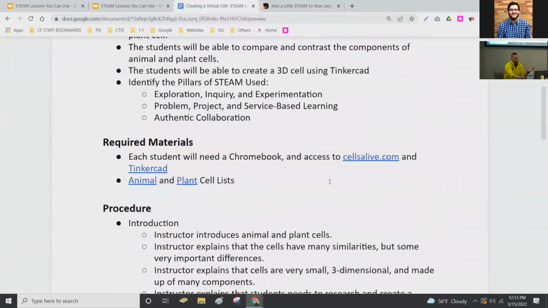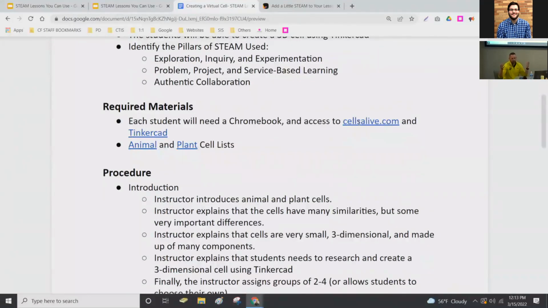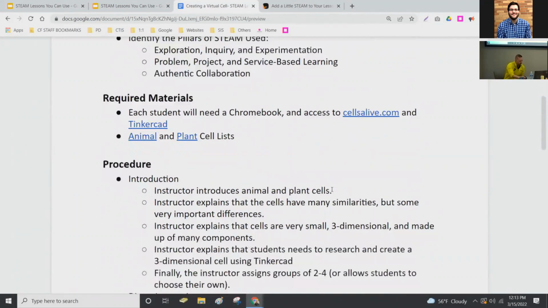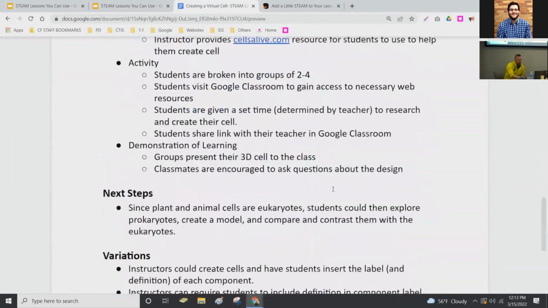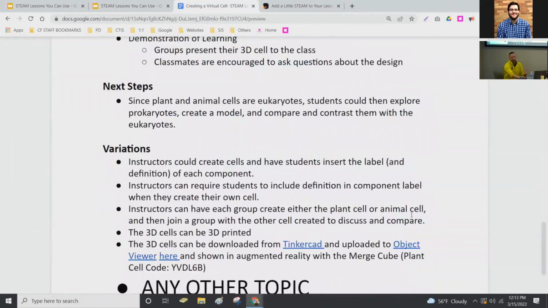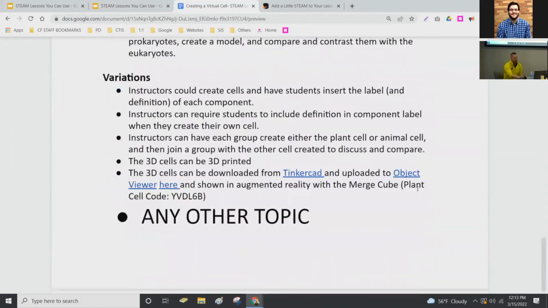And so just in this example, it was, take 2 cells, form groups. One does animal cells, one does plant cells. They can then talk and compare. You could really take this idea in a lot of different directions. So this was for a teacher because they needed cells, but you could do any topic of 3D design. So whether we've got a 7th grade social studies class that's learning about Roman architecture.